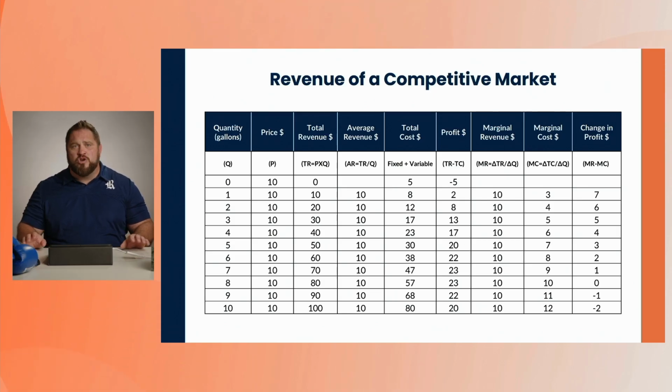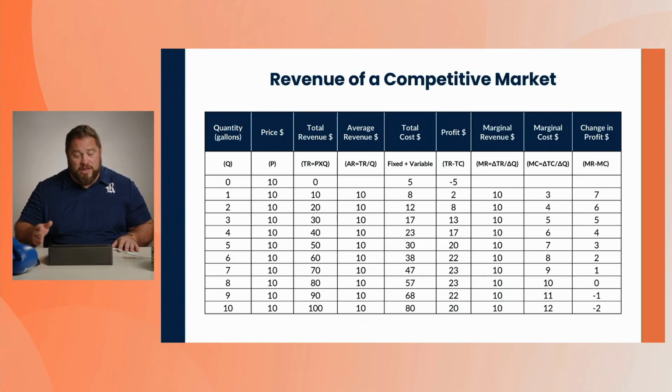Once again, we're assuming that there's no price discrimination. Price discrimination, we're going to talk about when we get to monopolies. That's when you sell the same product to different people at different prices. We're assuming that's not happening here. You're selling all your units at the same price. Even in a monopoly, most of the time we're going to assume that until we get to price discrimination and we talk about how that's a strategy for firms. Here we're assuming that's not happening, so we're selling each unit at the same price, so the price equals my average revenue, just $10.